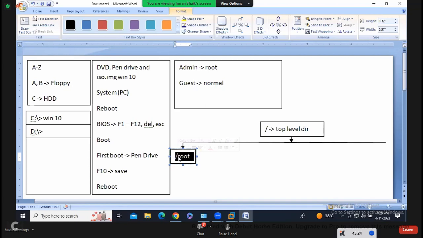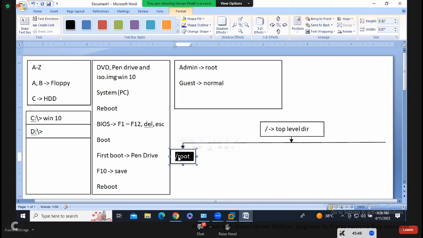Now we are discussing /home, which is a home directory for normal users. We can create different types of 60,000 user accounts. For 60,000 users, one directory is enough. It's not enough, right? So then how? Let's see, guys, here. While you are creating the user account, automatically